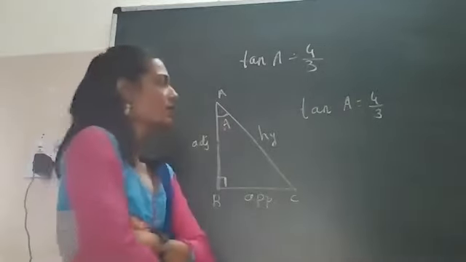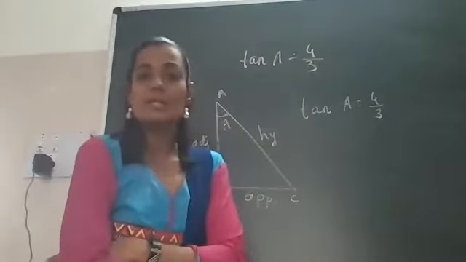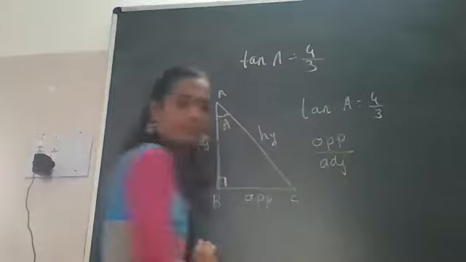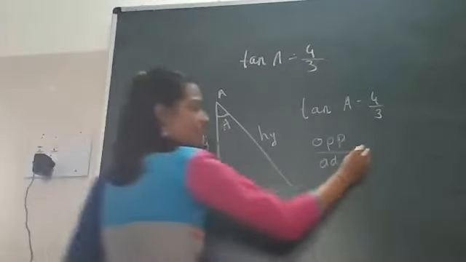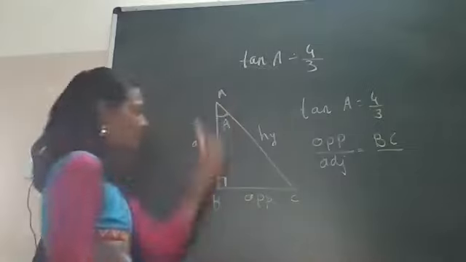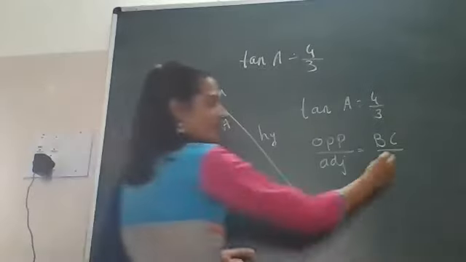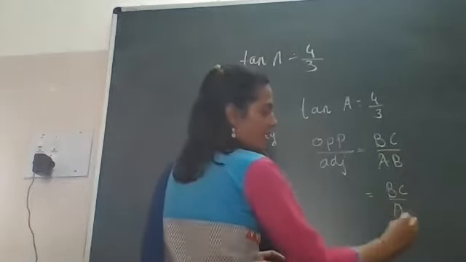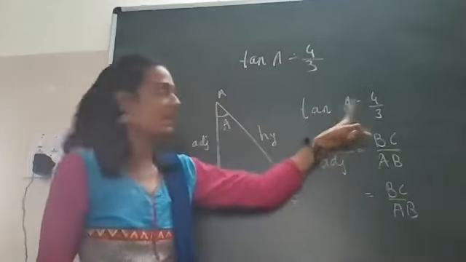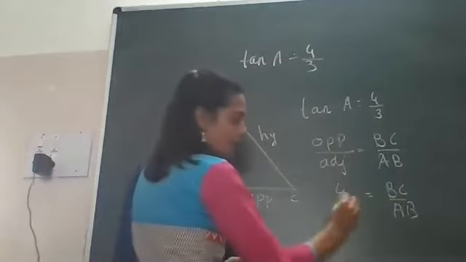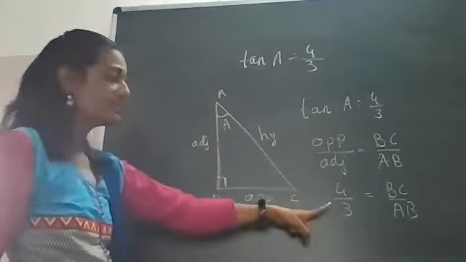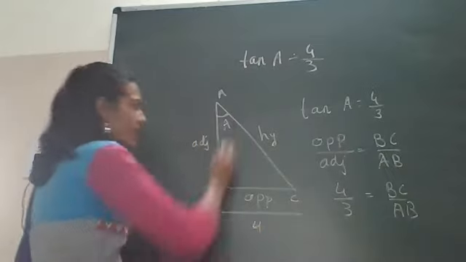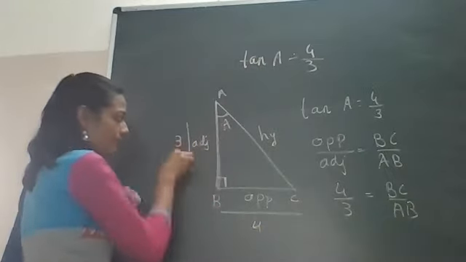Now students, what do you understand by tan theta or tan A? That will become the opposite side upon the adjacent side. The opposite side is BC, and AB is the adjacent side, so BC upon AB will remain as it is. Now what is the value of tan A? It is given as 4 upon 3, so it becomes 4n upon 3. It is given in the ratio, so ultimately we can say that the value of BC is equal to 4 and the value of AB is equal to 3. Are you getting this much?